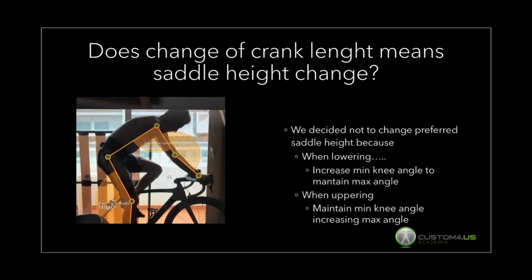I would like to answer one question that normally should be answered at the end of this webinar. Did we change the saddle height when we changed the crank length? The answer is no, for two main reasons. The first one is that when you lower the saddle, you increase the minimal angle of the knee while trying to maintain the maximal angle of extension of the knee on the down part of the pedaling. And when you raise the saddle, you maintain the minimum knee angle and you increase the maximal angle. So it's impossible really to adjust the saddle to a new crank length,